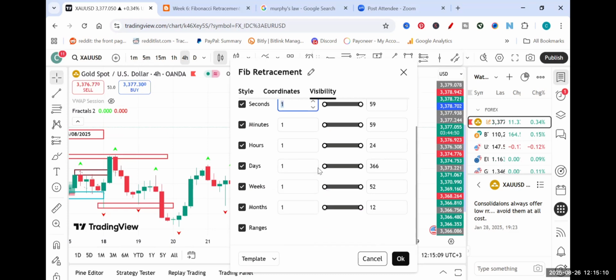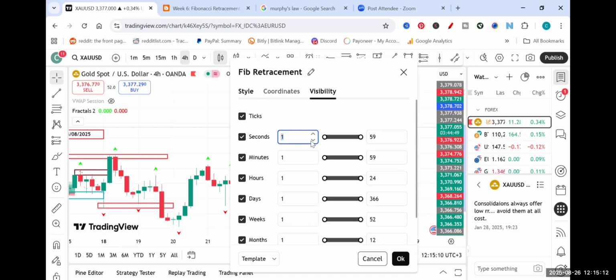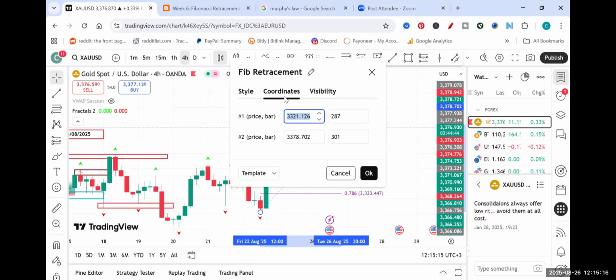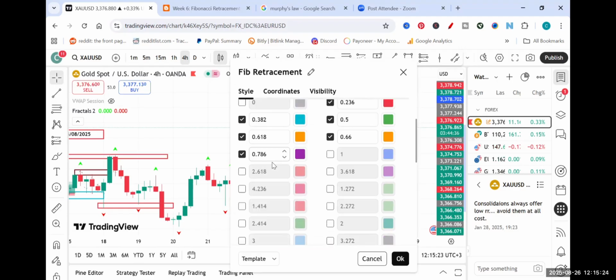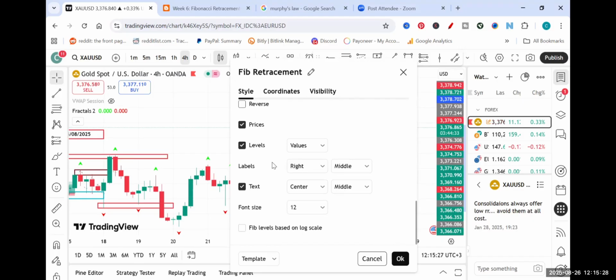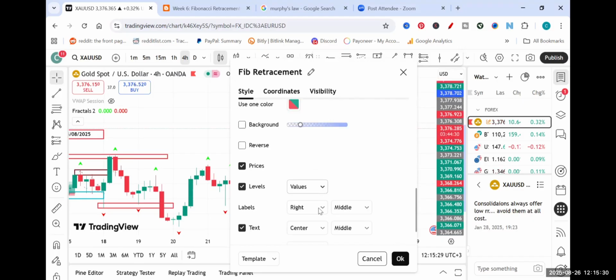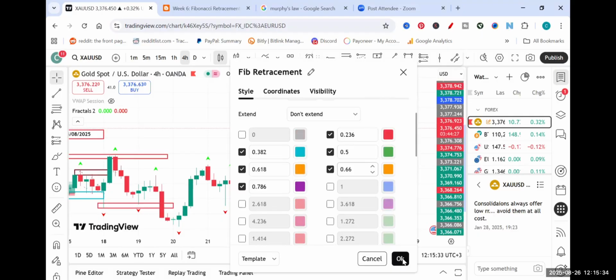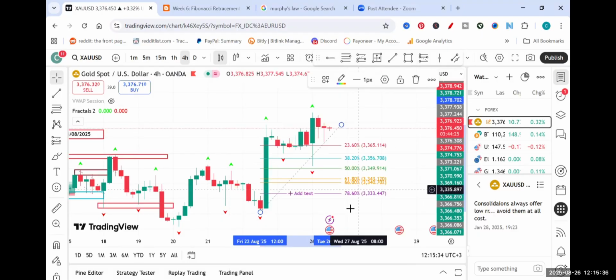You can have it in all these time frames. There's a place to put it, down here. You can have it in values, you can have it in percentages. So you see, for example, in this instance,